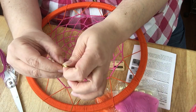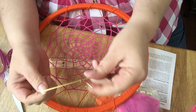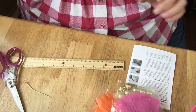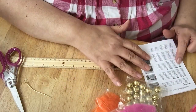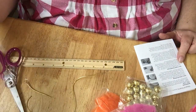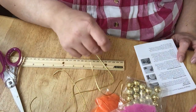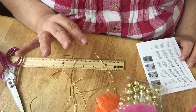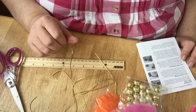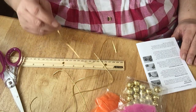Just like that. Easy peasy. That part's done. That's the easy part. Okay, cut 4 pieces of gold wiring, 12 inches long, which I did. Slide 1 bead on this cord. Using the cord tie, so I'm guessing